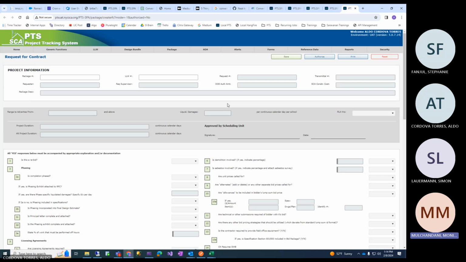So the statuses bid and award inbox, bid and award active don't really happen directly in PTS, but indirectly the status gets updated as activities take place in other applications, which is VAS.